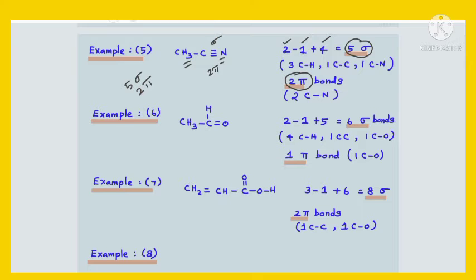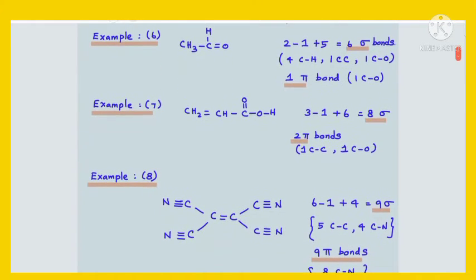Example number 6, which is nothing but an aldehyde compound with formula CH3CHO, ethanal, isn't it? What do you call this one? It's nothing but ethanal, which is also called acetaldehyde. Okay, right. Total carbon number 1 plus 1, 2. Then minus 1 plus total number of other atoms. Here 3 hydrogen, here 1 hydrogen, 3 plus 1, 4, and 1 oxygen, 5. So total number of other atoms is 5. 5 plus 2, 7, minus 1, 6. So there are 6 sigma bonds in this molecule.